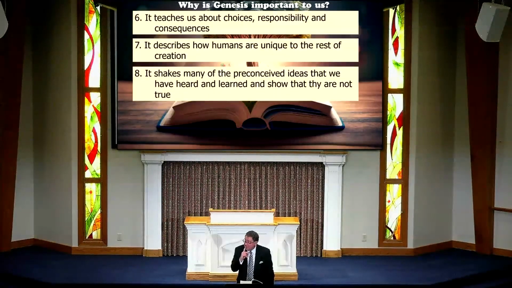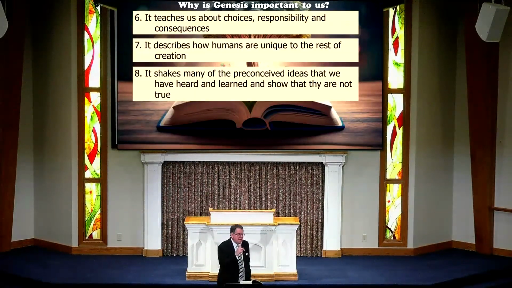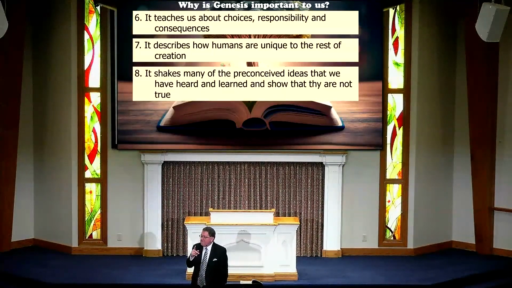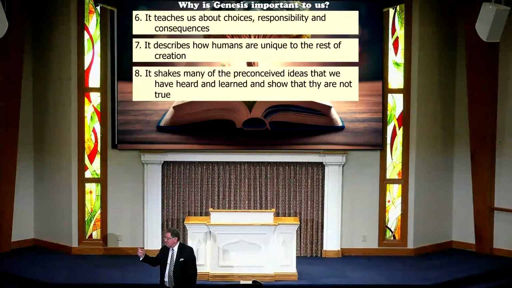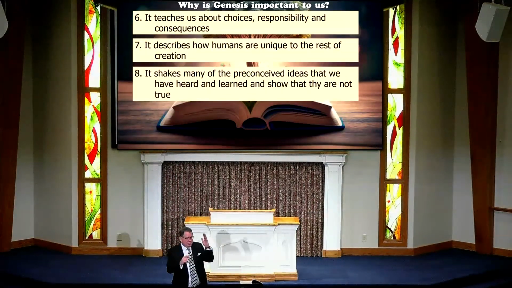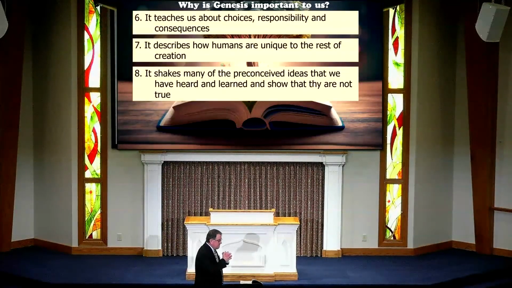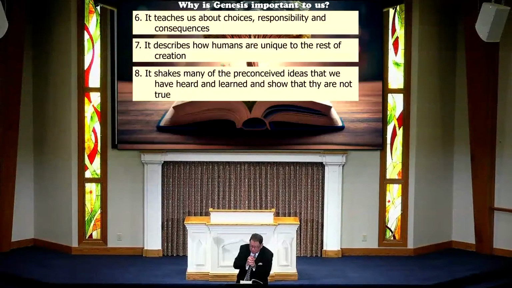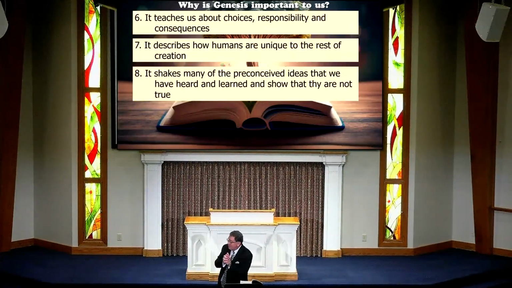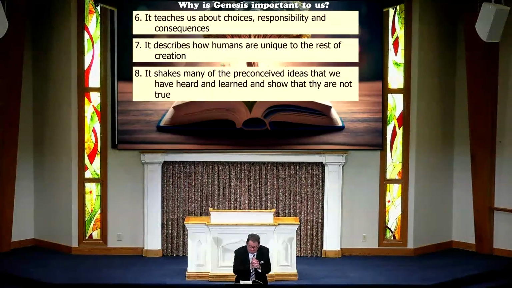And one of your questions is going to be, this is a marriage some people try to force together, is that one day might have been thousands and thousands of years, or others say between day 1 and day 2 there could have been millions of years, and then day 2, millions of years, and day 3. Okay? Called the gap age. Very popular. Okay? There's even a theory that people have, called theistic evolution, that God chose evolution as a means to make this. Okay? We'll talk about that.